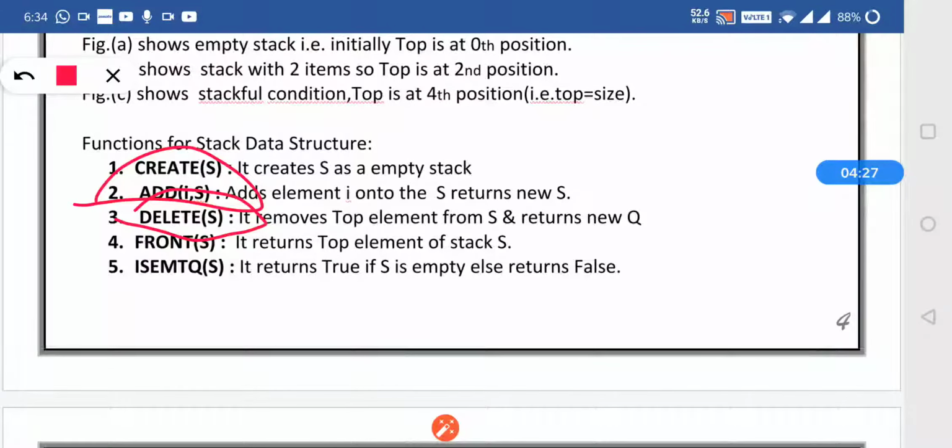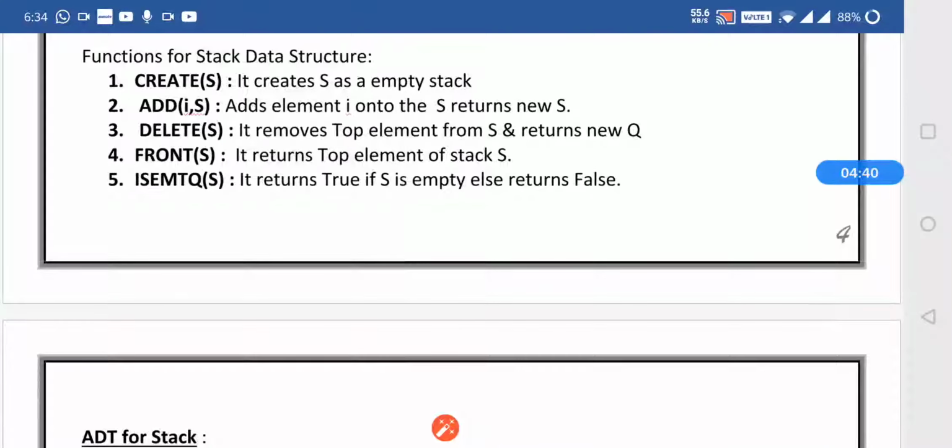We can delete only the element which is present at the top, and that's why at the time of the delete function we use only delete S, which removes the top element from the stack.